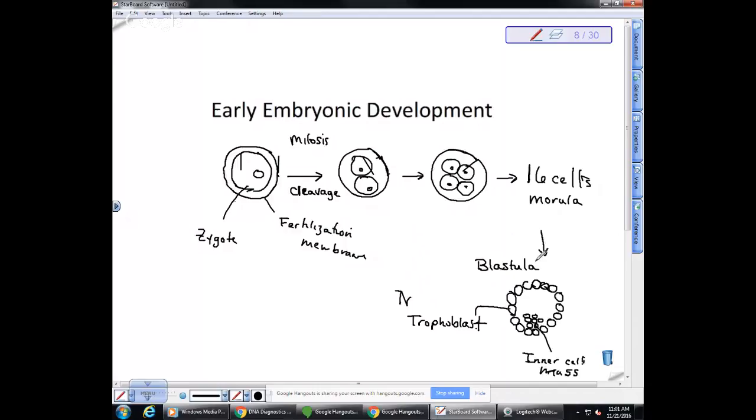Okay. And it's at this stage that the embryo leaves the fertilization membrane behind. And it actually has cilia, and it can kind of swim around inside the uterus prior to implantation. Okay. So I'm going to show you the video a little bit early since my pen's freaking